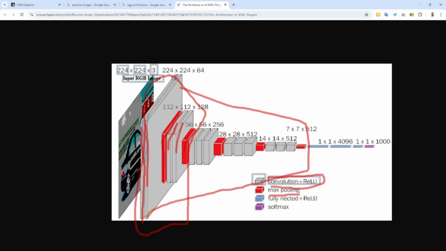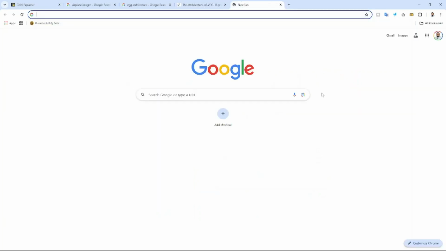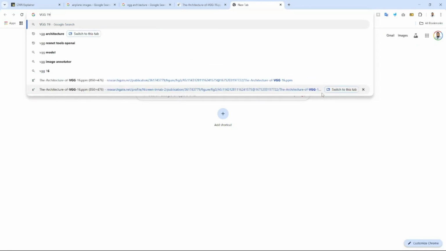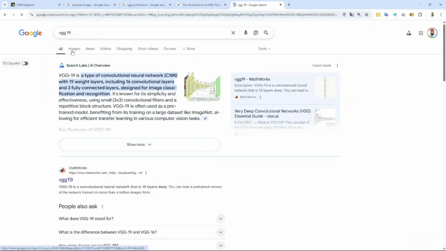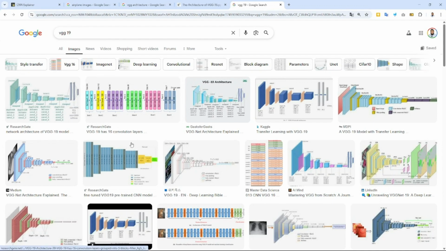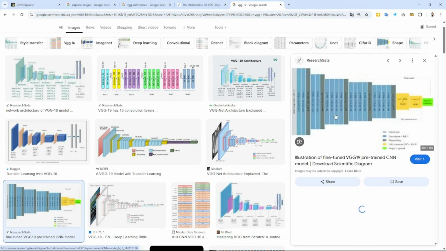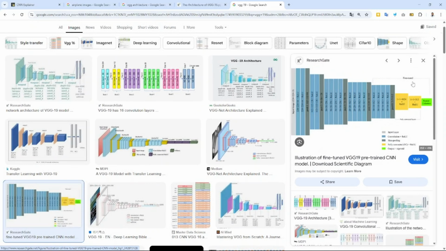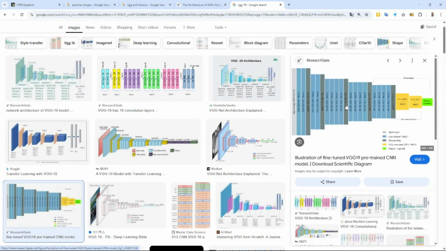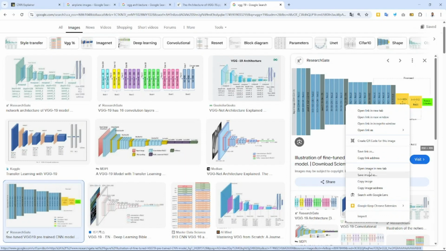This is called VGG16 architecture, because we also have another architecture which is called VGG19. And you will notice that the only difference in here is that in this architecture, if you choose this, instead of 3 convolutions, we have 4 convolutions. If you just open this image in a new tab,